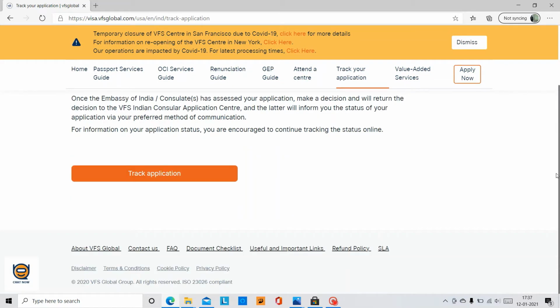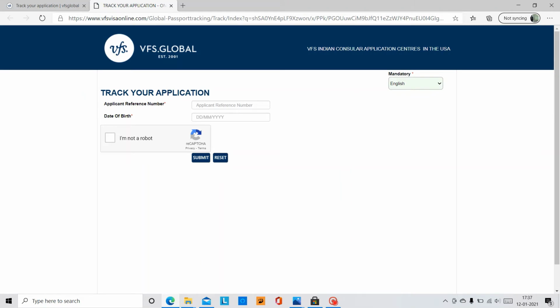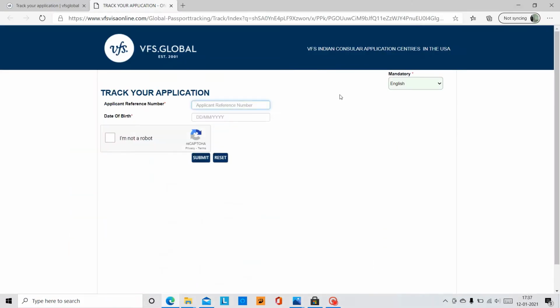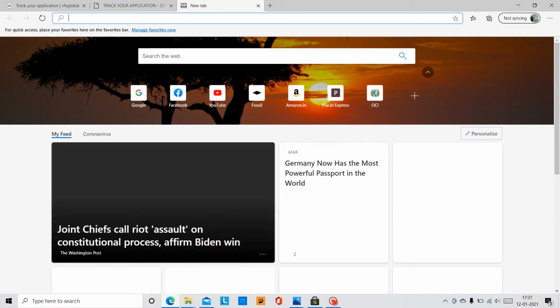Click on track application. Now here I'll put the application reference number, which is the same tracking number which VFS provided us. And then I'll put the date of birth of the applicant. And then I'm clicking on I'm not a robot, clicking on submit. It will display a one-liner answer. Now we'll go to later stage what that answer looks like. But what I'm suggesting here is if you go to